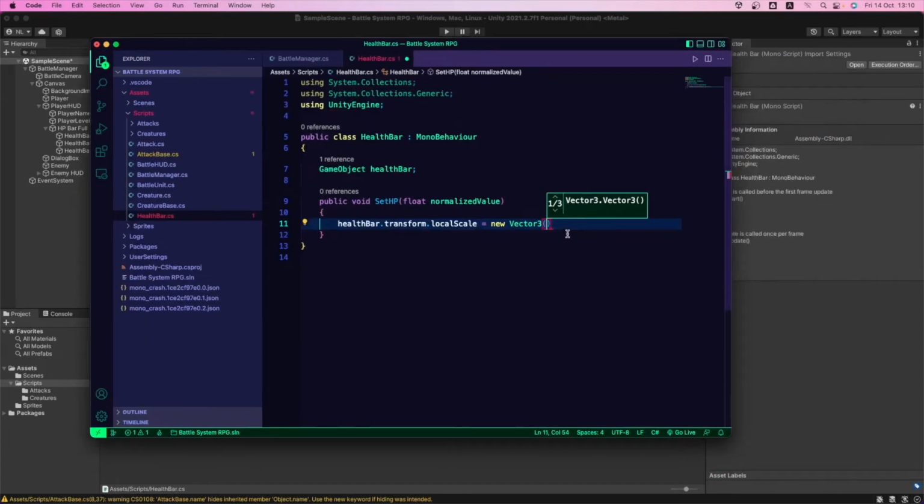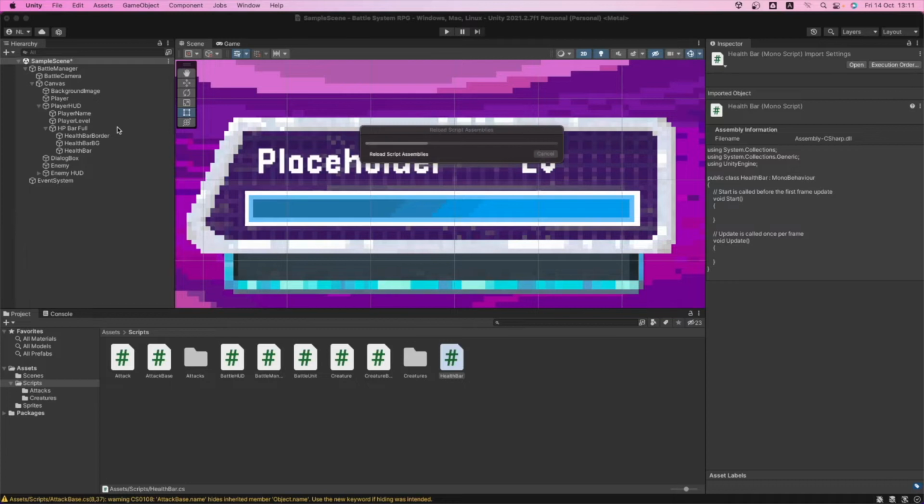Great. So what do we need here in the x value? We need the normalized value, the variable we're using there on the top on the method. And on y we need 1, and on z we need 1. We're not gonna scale those values, so we can even leave this without the z. It doesn't matter. It works with just two numbers. So we're gonna add the semicolon, and we're gonna save this. And now let's go back into Unity.